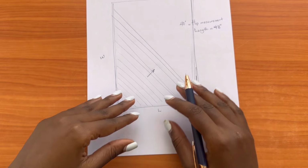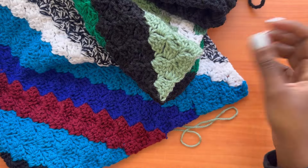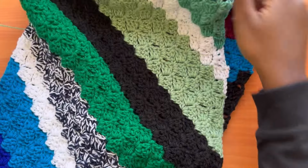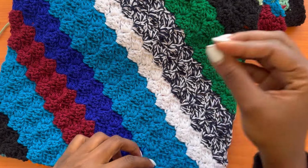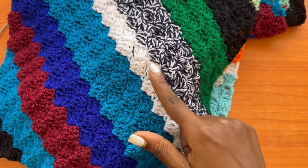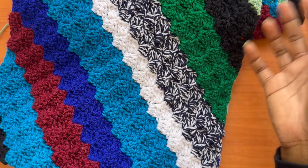So let's get started. Since I used so many colors for my skirt, for demonstration purposes I am going to pick just one color from the skirt so that we can start demonstrating the stitch. Later on, you will decide how many rows you will do for the different colors. It's really up to you, because at some point I did 4 rows for some, 2 rows for some, 5 rows for some, depending on the availability of the different colors that I used for the